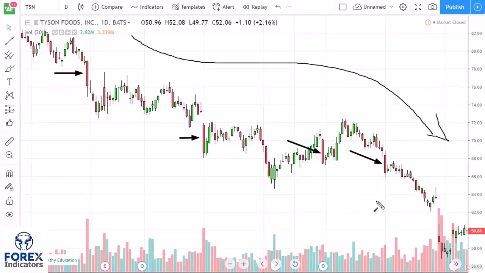But you also want length, and there is no hard and fast rule for this. It's just common sense. So for example, I just said that closing at the top 3/4 of a candlestick is a bullish sign. It doesn't mean that it works every time that the buyers are going to continue to take over. But